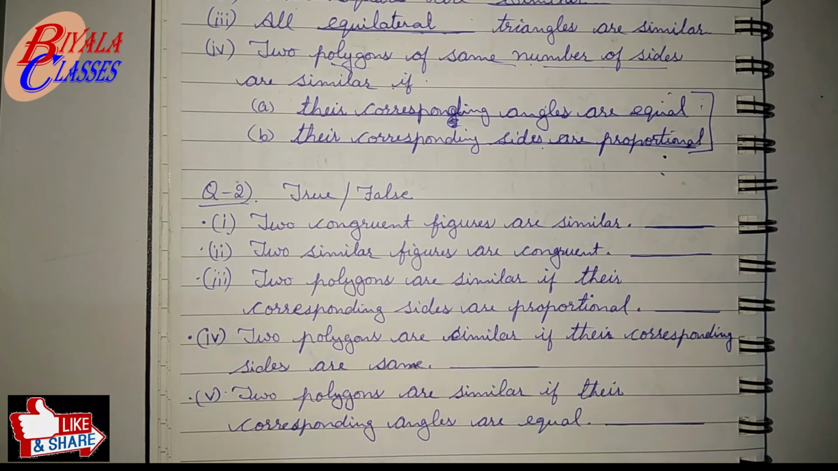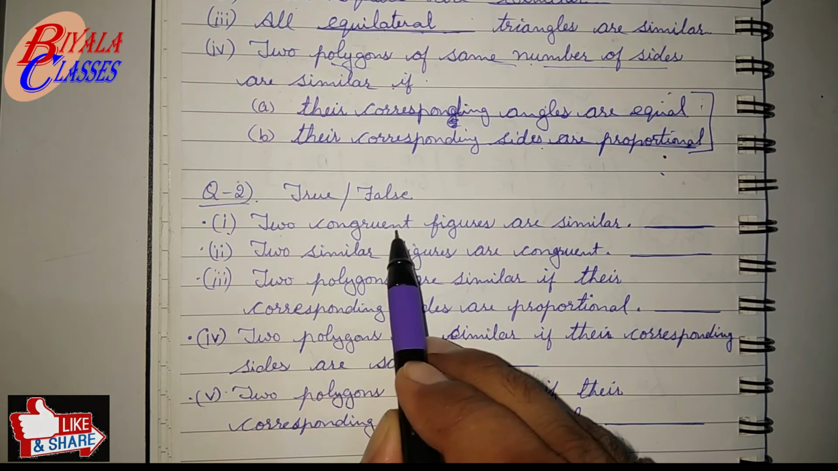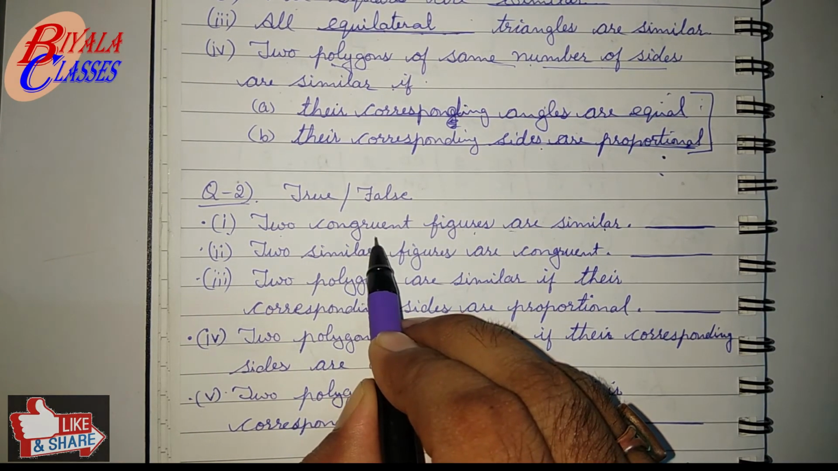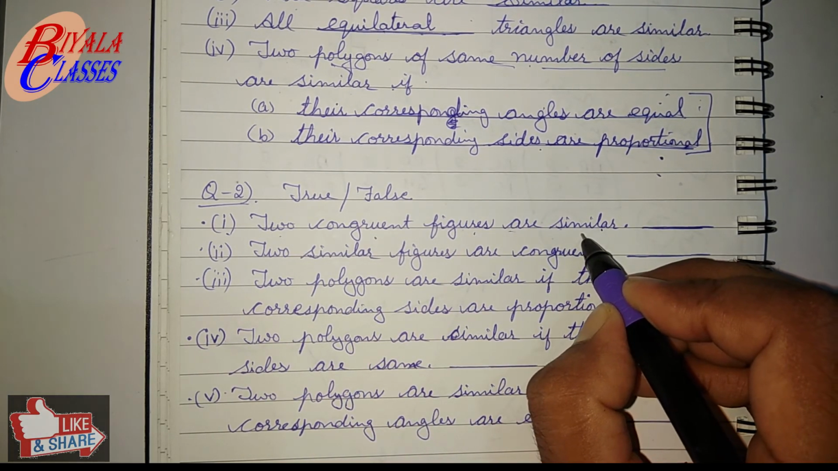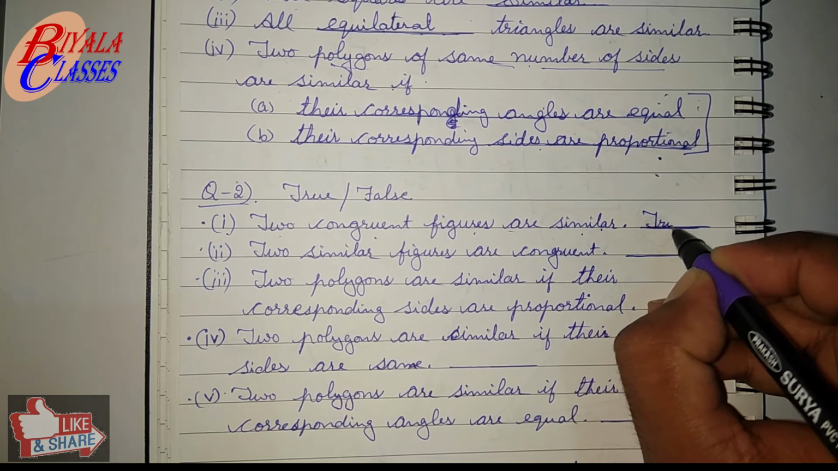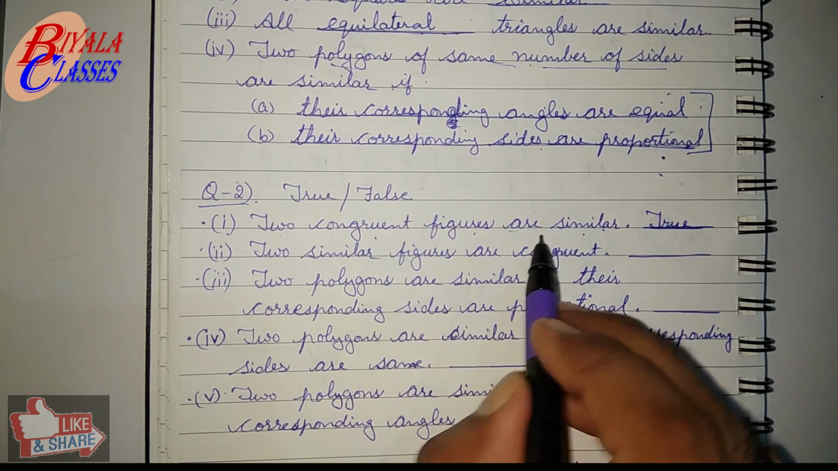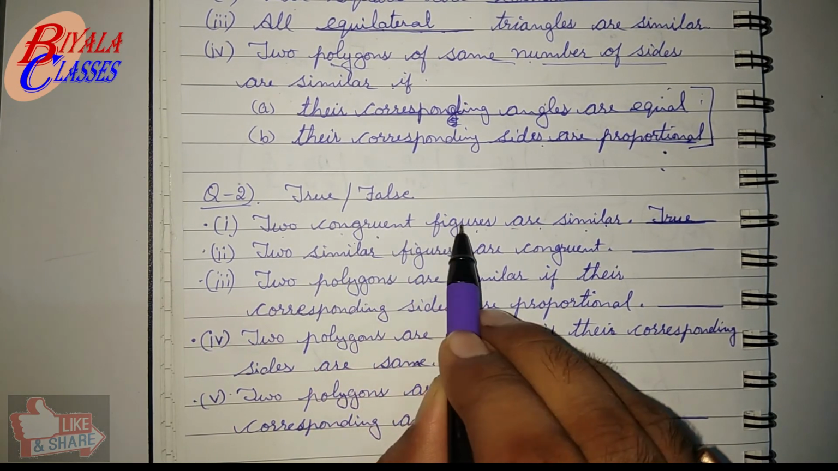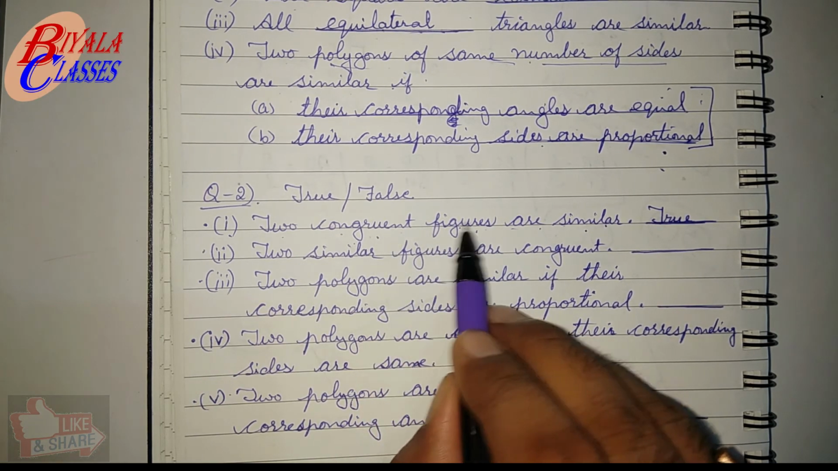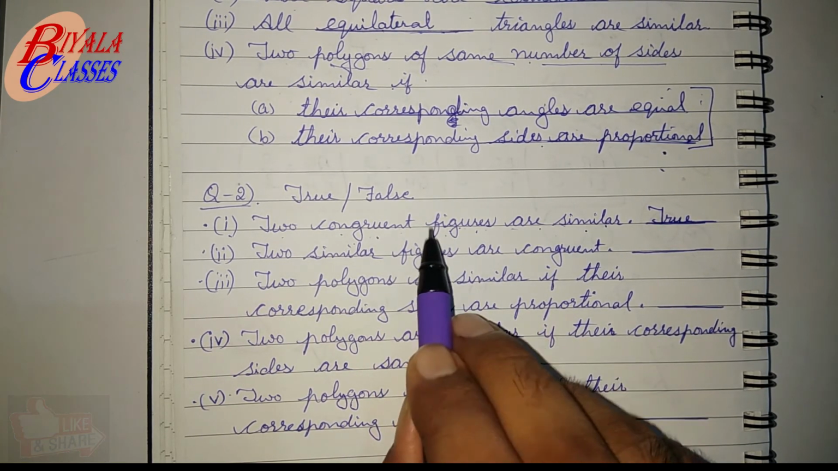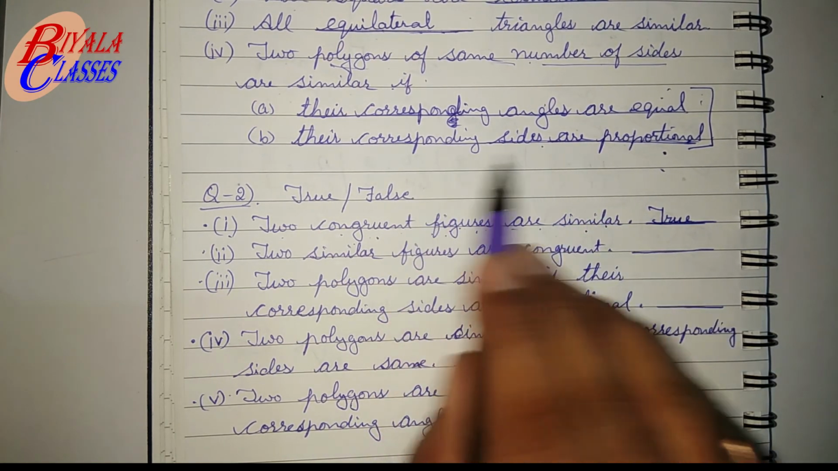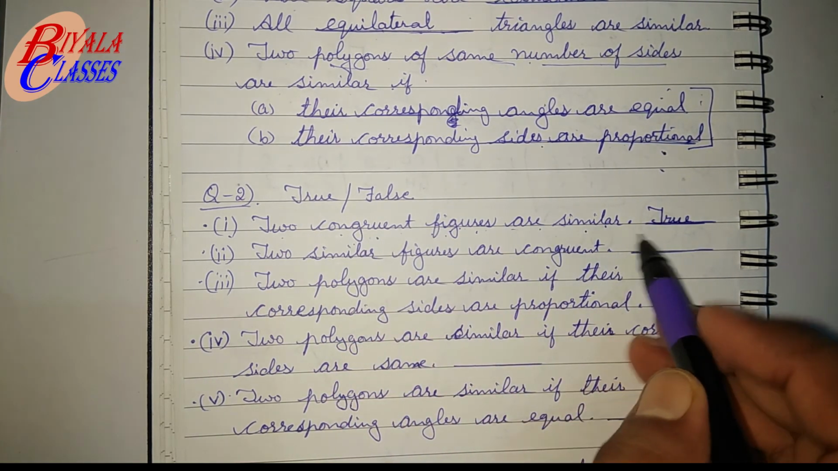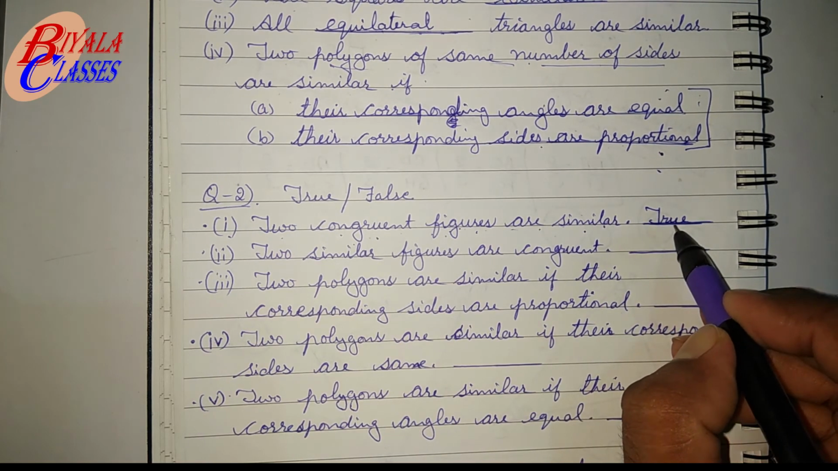So true false, let's check each and every one. Two congruent figures are similar. Now if you have two figures which are congruent to each other, they are similar. Of course it is true, because if the figures are congruent, it means their corresponding angles are equal. Secondly, corresponding sides of two figures will also be equal, and if they are equal, it means the corresponding sides are proportional to each other. So hence we say that the congruent figures are similar to each other,